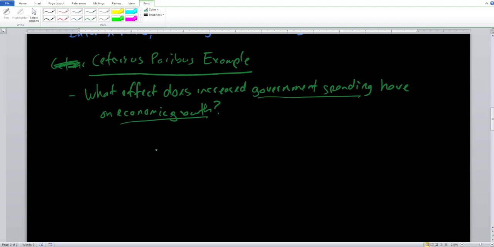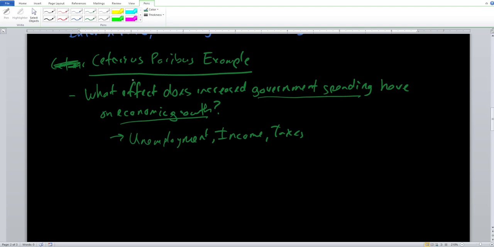So suppose that we didn't have the ceteris paribus assumption built into place. What are a few other variables that you might think would be affecting economic growth? Or what are other things that you think should be included in this question? Taking this into account, you might think, hey, what about unemployment? What about income? What about taxes? These are all macroeconomic variables or factors that could be included in this question right here,